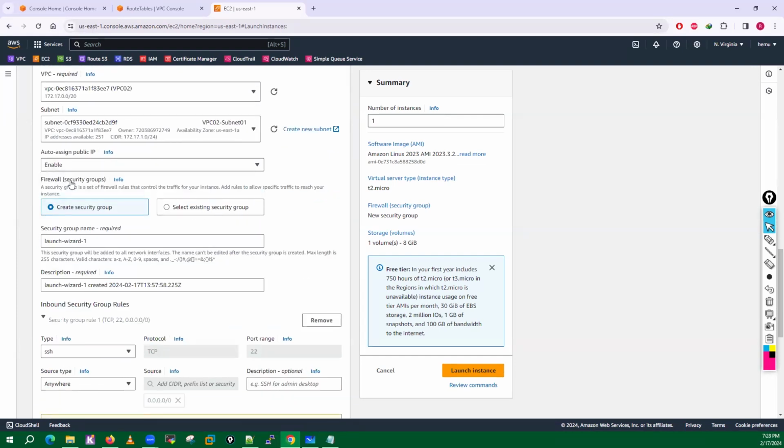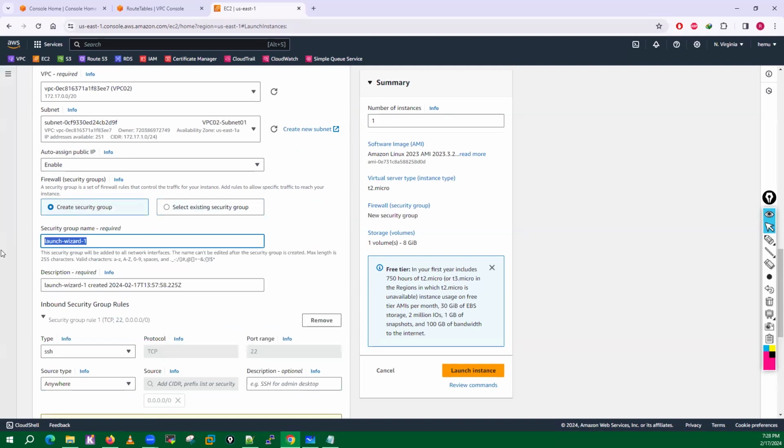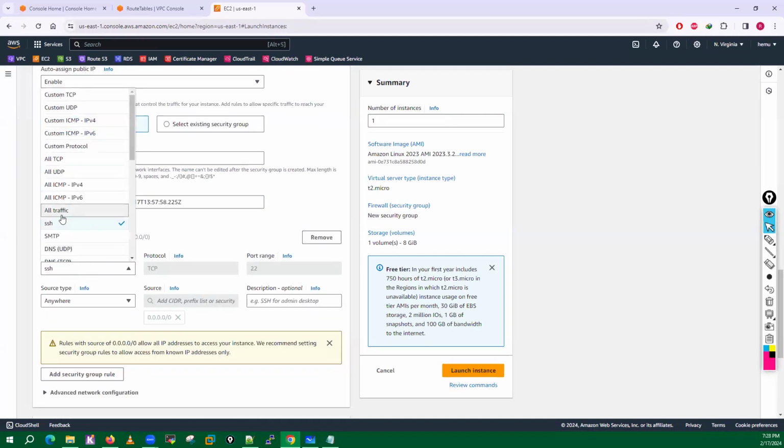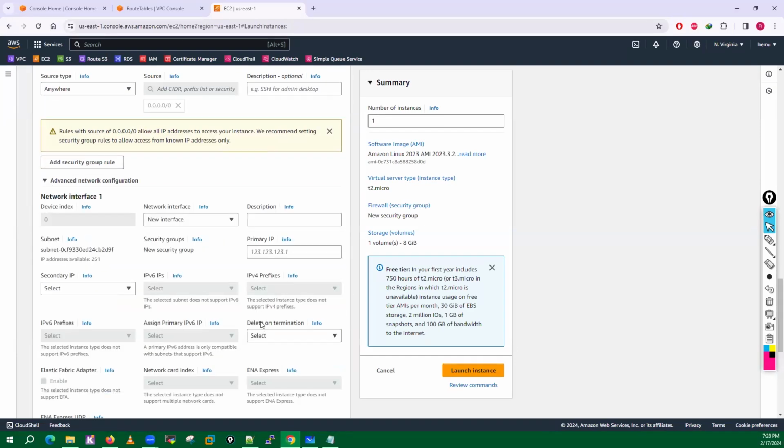I will enable the public IP address. For the security group, I will go with allow all, from VPC02. Let me allow all the traffic for now. And this machine, I will go with 172.17.1.100. This is the static IP.